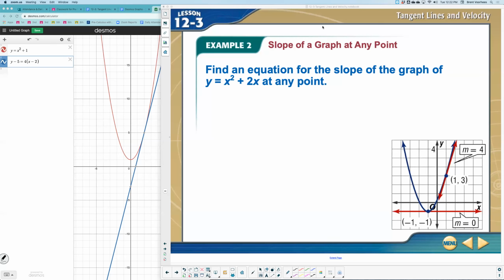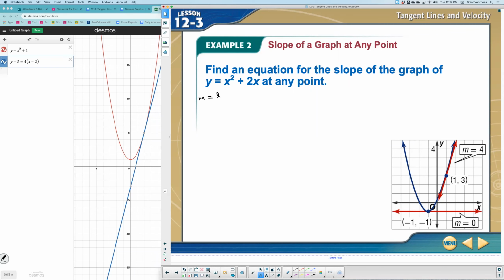All right, example 2. Let's talk about finding the equation that would represent the slope of the graph at any point in time, not just maybe the point (1, 3) like this picture or the point (-1, 1). Let's just talk about how I would find the slope at any one point in time. So I'm still going to use that same formula that we were given at the very start of the lesson,